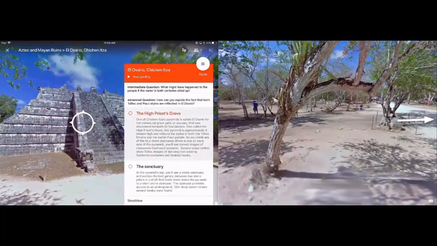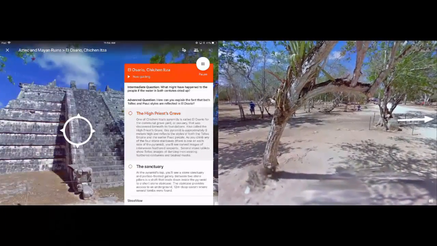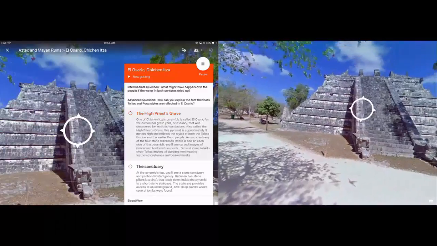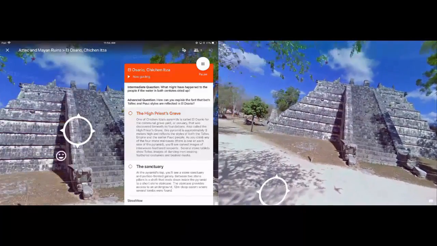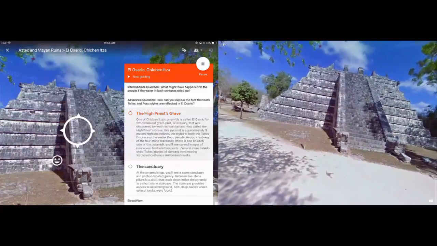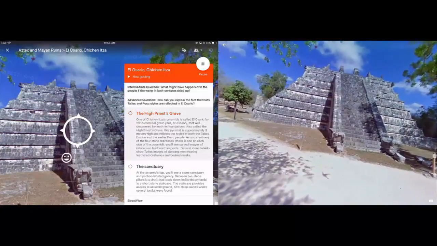And so you see on the teacher iPad right here where the High Priest grave is. And notice on the right hand side, the student iPad, it now has an arrow. And that arrow is directing me as a student to turn to see the High Priest's grave. And as a teacher now in the classroom, I can explain a little bit about this High Priest grave, and there's some information there for me as well.